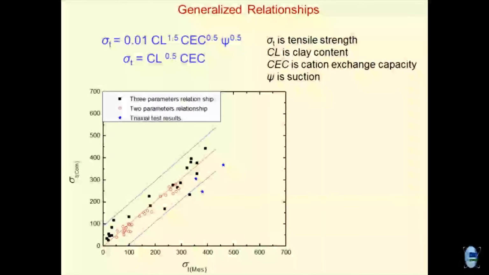I am sure you must have realized these efforts were quite significant in obtaining the sigma t value of the geomaterial just based upon its physical, chemical and mineralogical response. This is how you read this relationship. In short, we have the physics of the material, the chemical state of the material and the mineralogical state of the material. These types of relationships become much more useful for designing the clay liners and the top covers